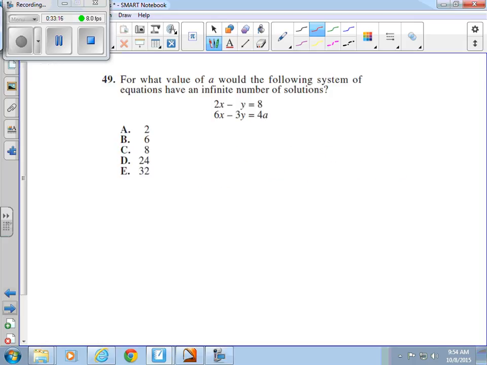Okay, this is a little bit easier one, but it's actually number 49. Alright, it's a little easier. You could do any option on this one, substitution, elimination. For what value of A would the following system have an infinite number of